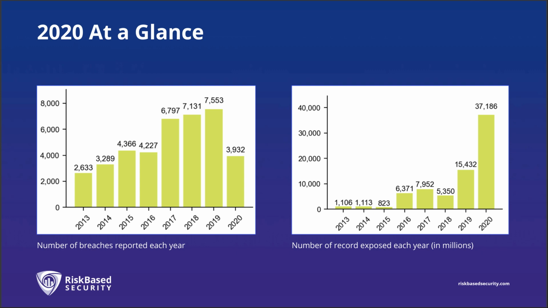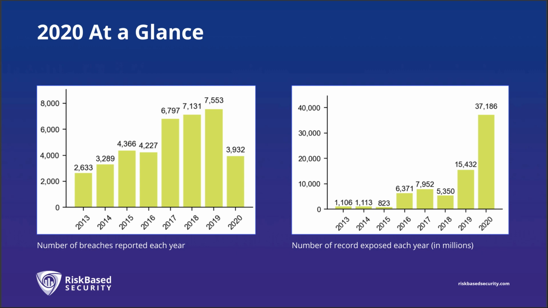In fact, we came in at 3,932 events, which is a 48% decline compared to the number of publicly disclosed breaches in 2019. And you can see from the chart that's down to its lowest point since 2014. But again, there's more to the story than just that 48% drop. I think the focus here is really that we had less collections coming out, we had less news coming out, and a bit slower reporting.